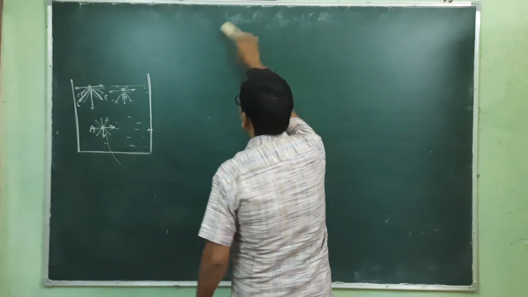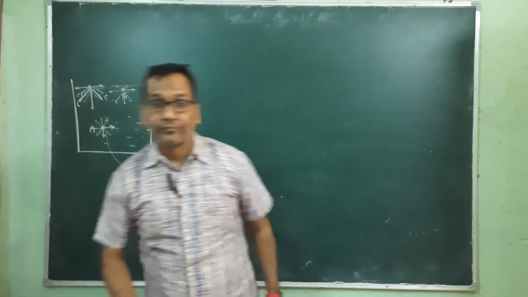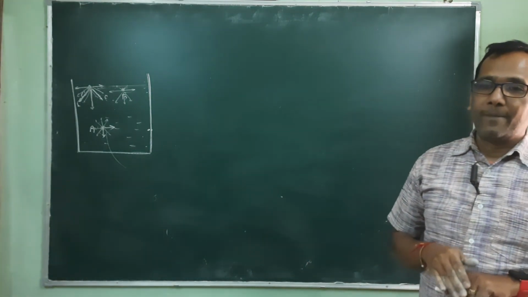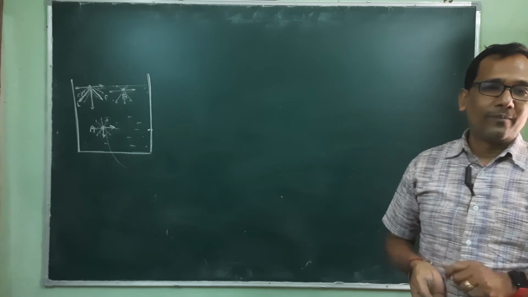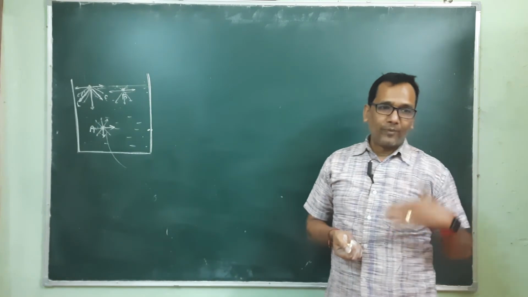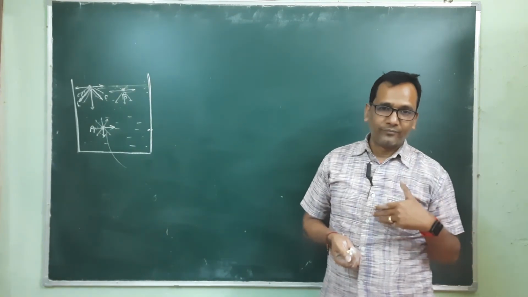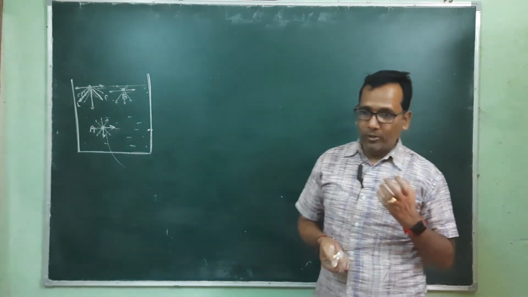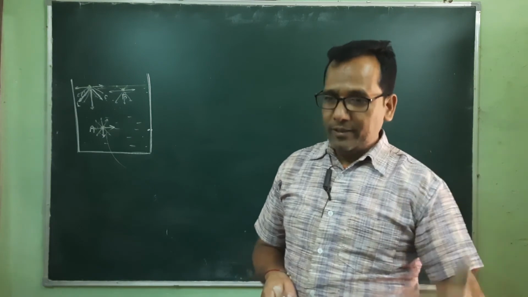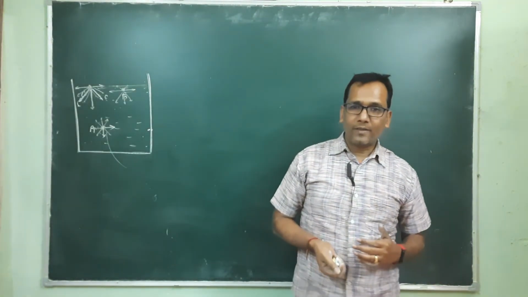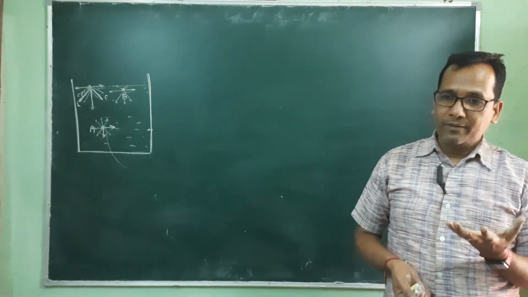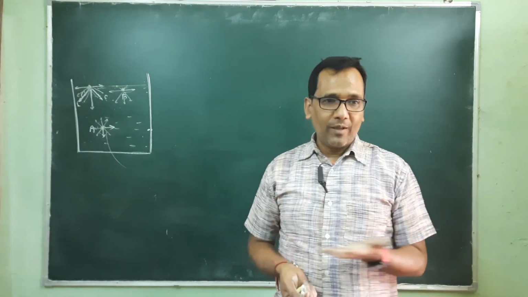Why is mercury used in a thermometer? Why not water? Mercury does not stick on the surface of the glass. But when we keep water in a glass, some water molecules adhere to the surface. If we have mercury, it does not stick on the surface.